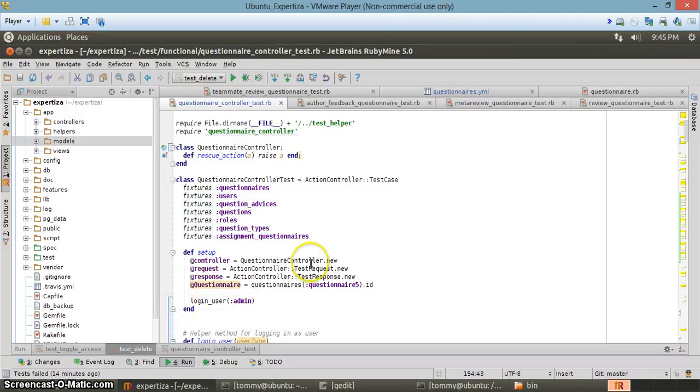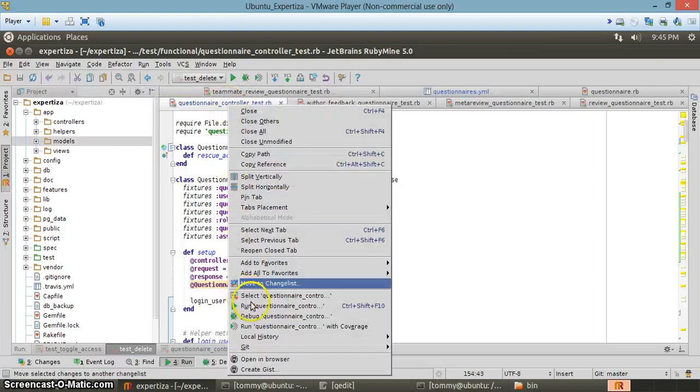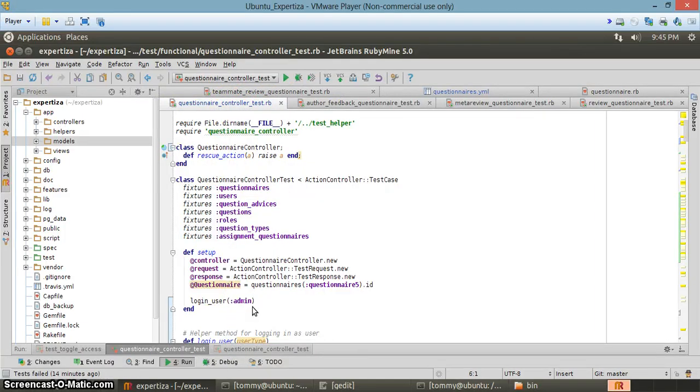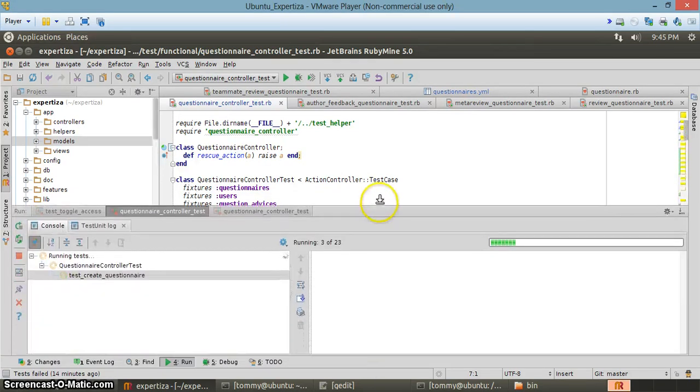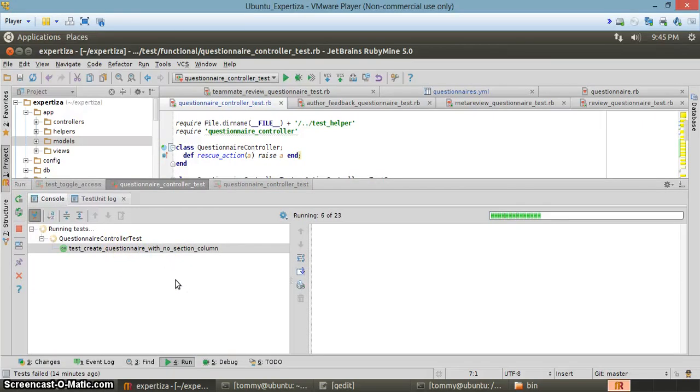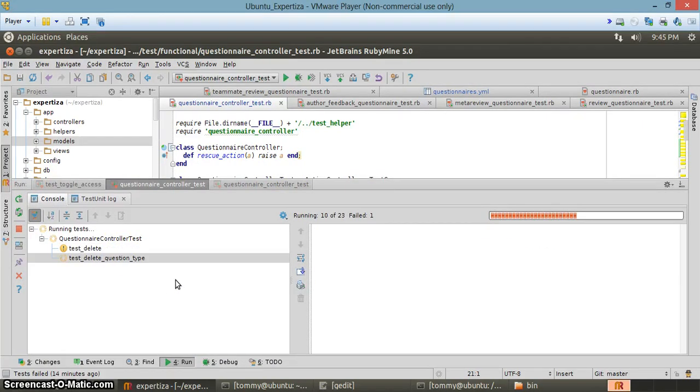All right, now we discuss just how to run our tests. Running the controller tests, we're just going to run the test here from RubyMine. And we'll have to bring up the display here to show that it's running. So all the tests pass except for this delete test, which we think we've actually potentially uncovered a bug in